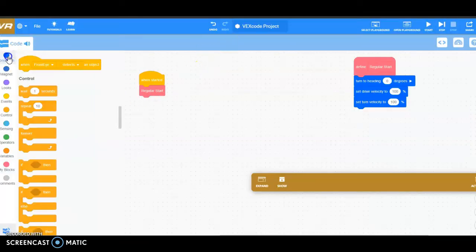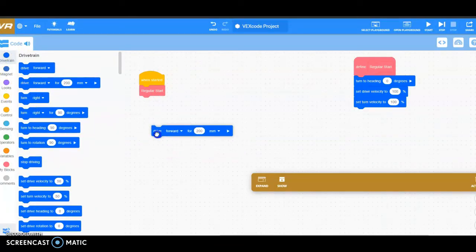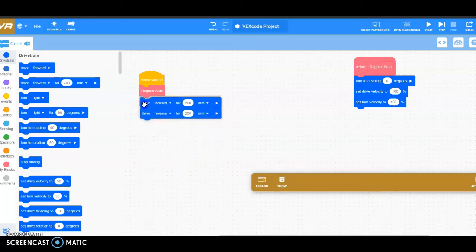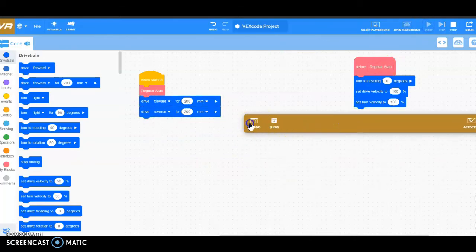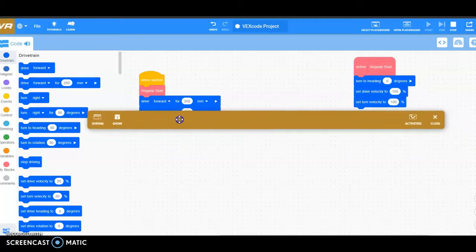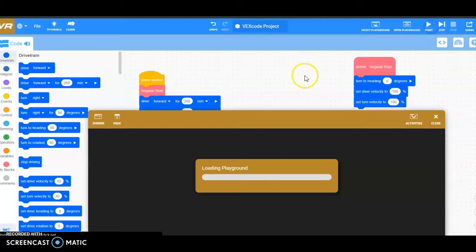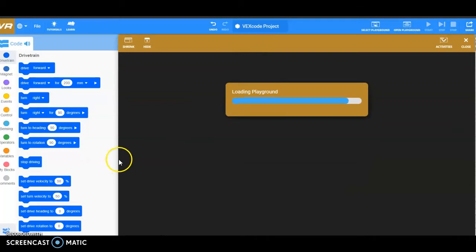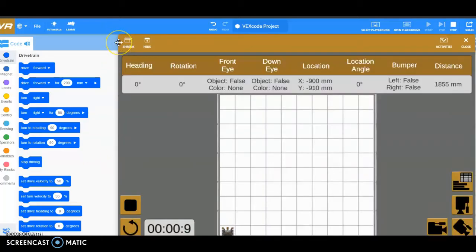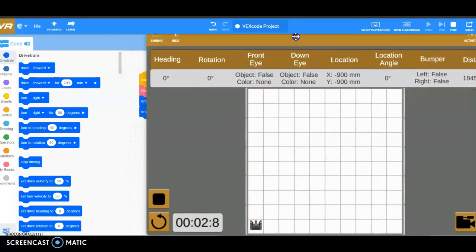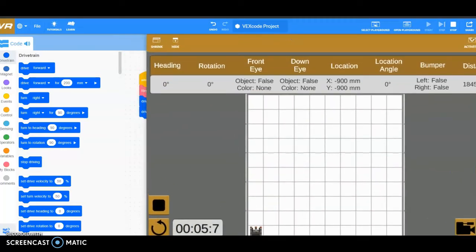So what we're going to do is come over here to drivetrain. We're going to want him to drive forward 200. I'm going to right click, duplicate, and then we're going to want him to reverse 200. So let's put that in. We hit play over here. There we go. Now, what is our robot doing? He goes up and back. You can see he went up 200 and went back 200, but he did not have the